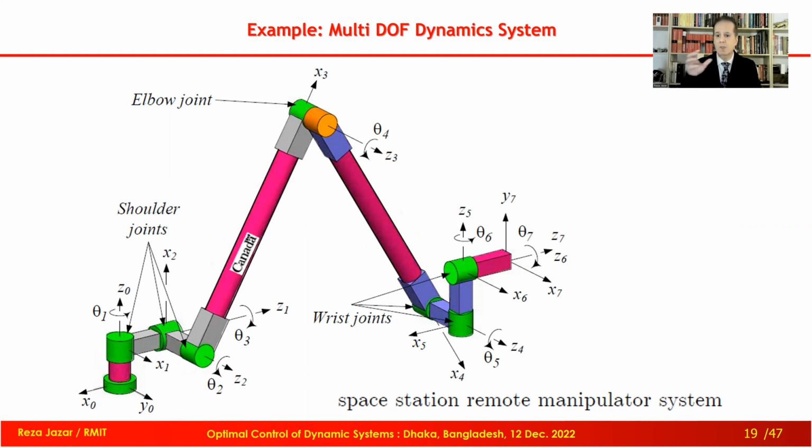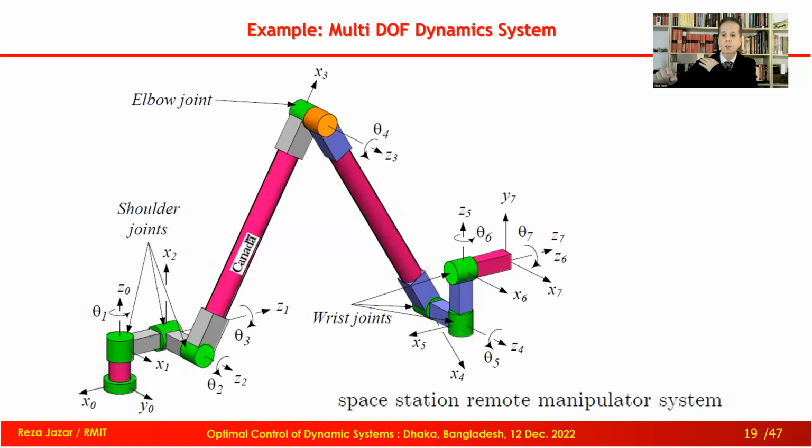And 6 degrees of freedom means 3 translation and 3 rotation. So we are able to control any object at any point, at any orientation. That means totally 3 numerical values of coordinates to go to a specific x, y, z, and then 3 rotational angles to go to the orientation we wish. So in general, we need 6 degrees of freedom, but the hand has 7 degrees of freedom.